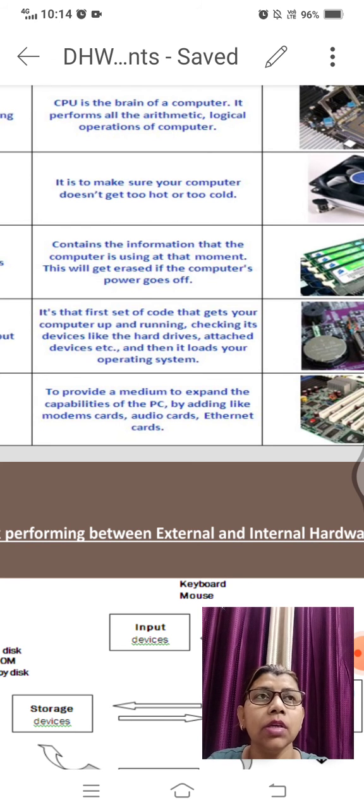You can say it's a parent, or a leader of the computer which manages the whole work, whole action performed by the components of the computer, and it manages all the things.